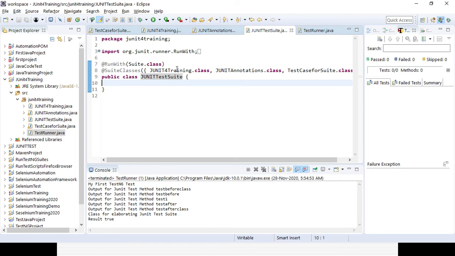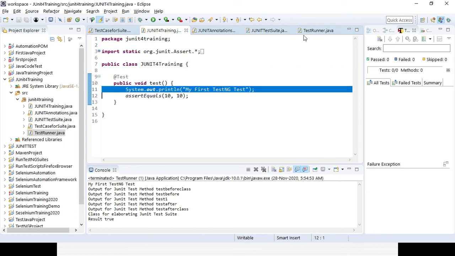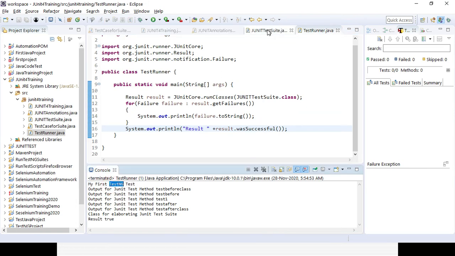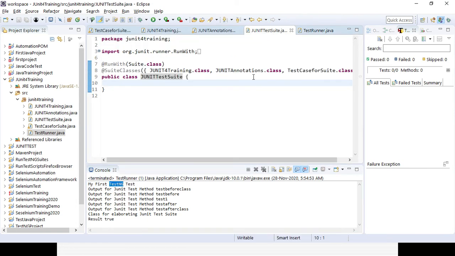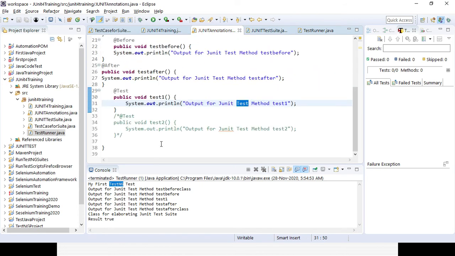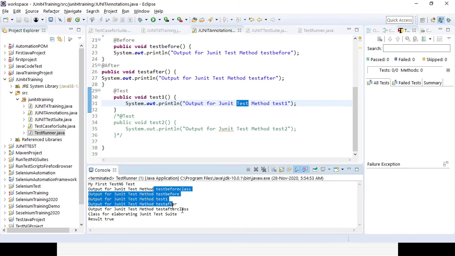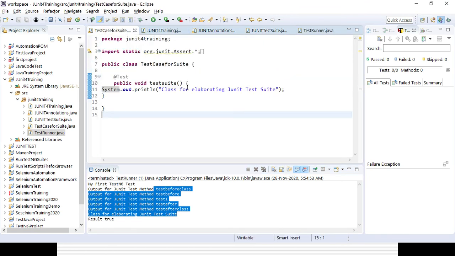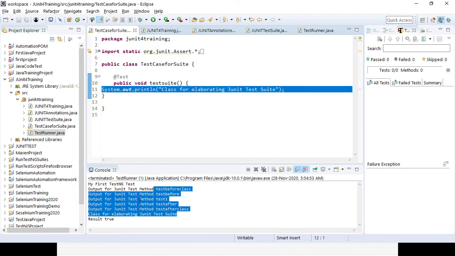JUnit for training output is my first test, then it is running the JUnit annotation, with the @BeforeClass and everything. These are the five lines of code, and then it is running the test case for the suite. Class for elaborating JUnit test case is also coming.